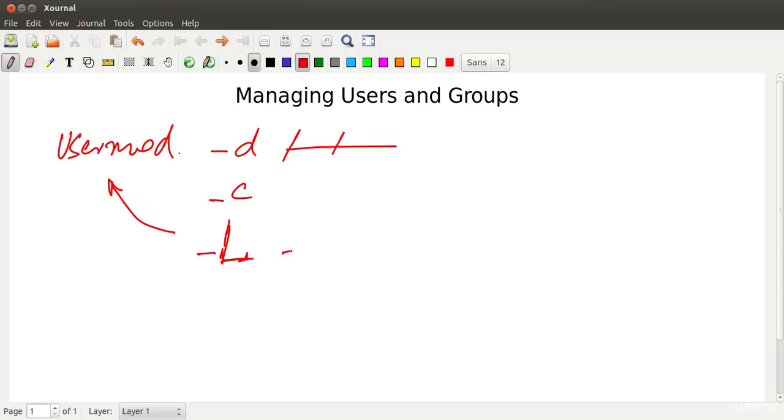And once we do that and we define the username up here, this will make the user locked. What it would mean essentially is that even though the user will be existing on the system, if that particular user tries to log into the system, he will not be able to do so because his user is locked. If we want to unlock the user, we'll use the flag